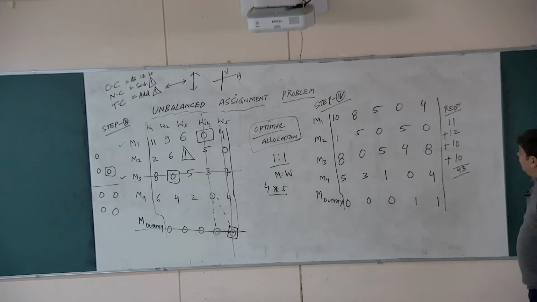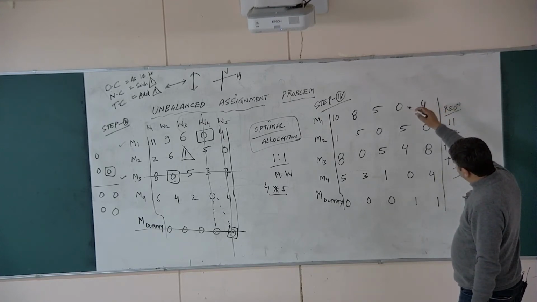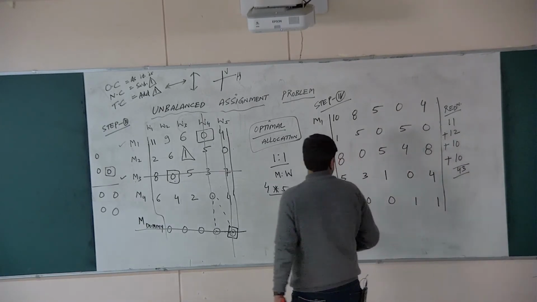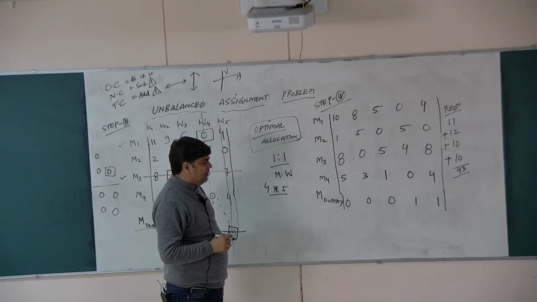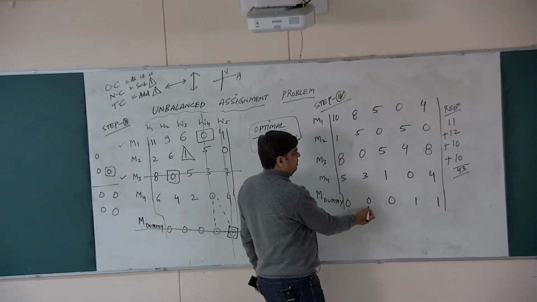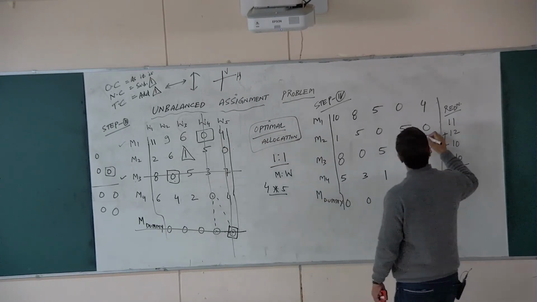Now again look into this matrix and check whether there is 0 in every row. Yes. 2, yes. 3, yes. 4, yes. 5, yes. 0 in every column? Yes, yes, yes, yes and yes. Now we will go for further iteration. So how to carry out further iteration? Can I select any 0 arbitrarily? Should I proceed with this column, this column, this column or this column? Let us say I proceed with this column.